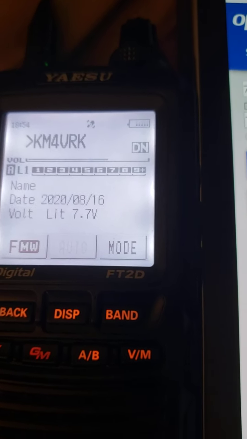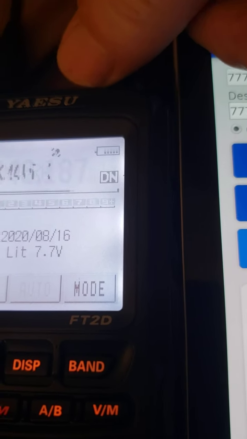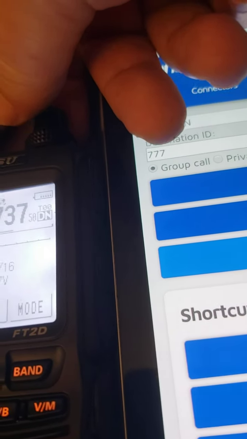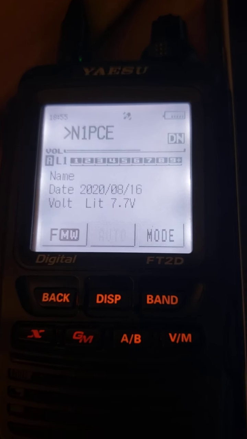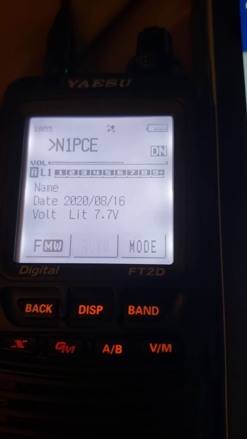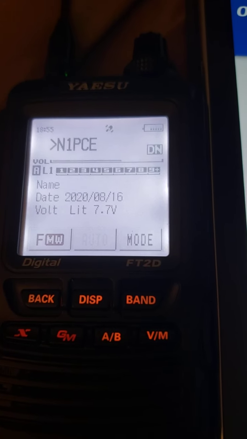777 is nothing but a scan of all the active QSOs going on across the entire TGIF network. So if you'd just like to hear traffic,